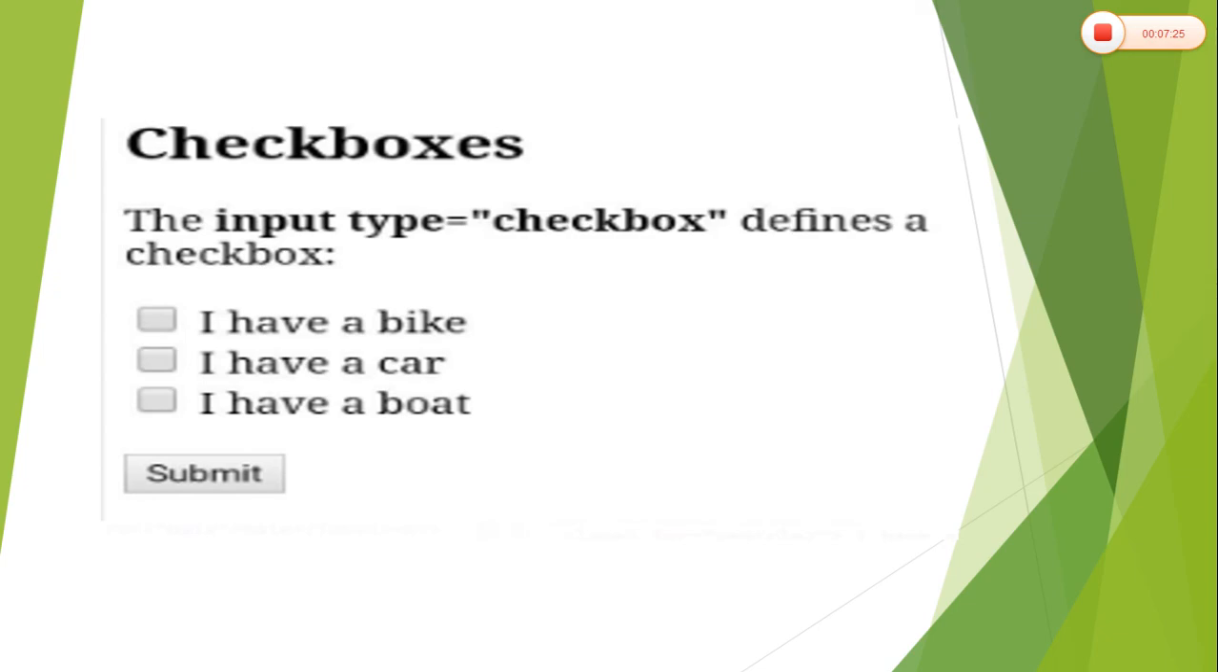See here, this is the coding for the checkbox. Name equal to vehicle1. Everything is similar to the radio button, but the only difference is name equal to vehicle1, in the second one name equal to vehicle2, in the third one name equal to vehicle3. Here, if you write the name